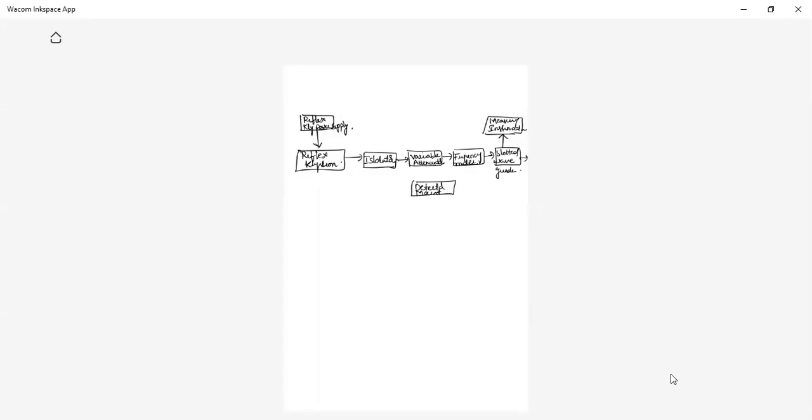Substitutional errors are due to what? Heating of some elements or equipment due to losses. When the device is heated, what happens? Power losses happen, and due to that some errors happen. Efficiency errors also happen, and due to that also we get errors.